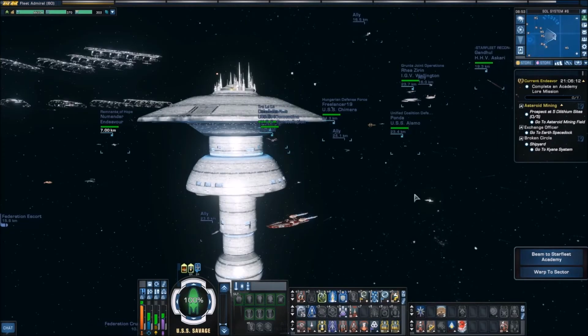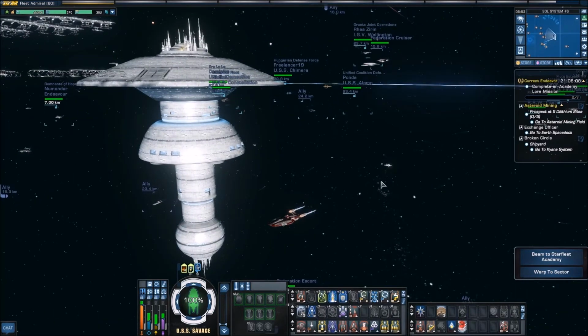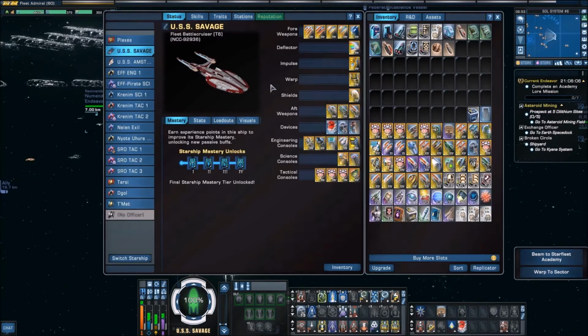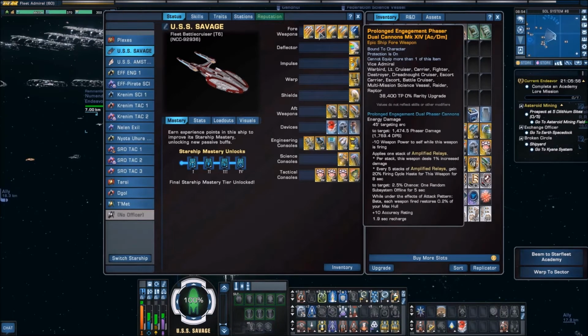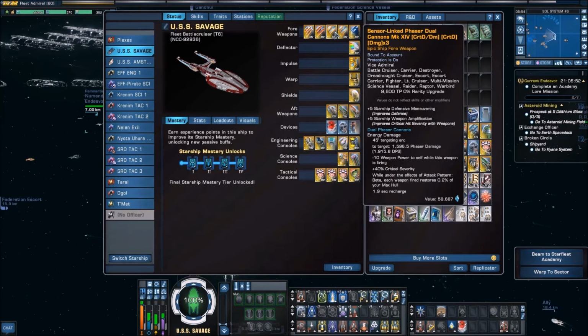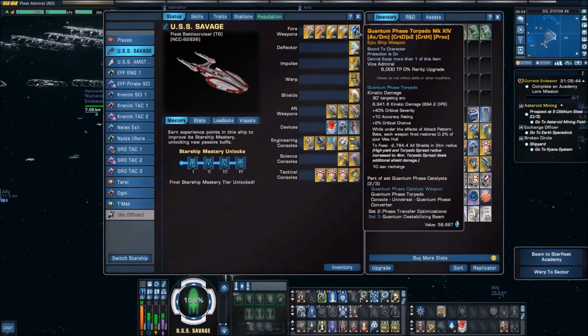Let's take a look at the build I just used in the ISA you just saw. I am using a Fleet Arbiter T6 with a phaser cannon build. In the front I'm using a quad cannon, the prolonged engagement phaser, a sensor linked phaser dual cannons, and a sensor linked phaser dual heavy cannons, the quantum phase torpedo,